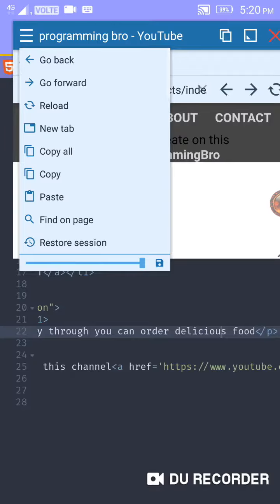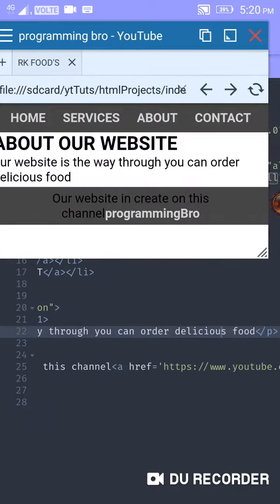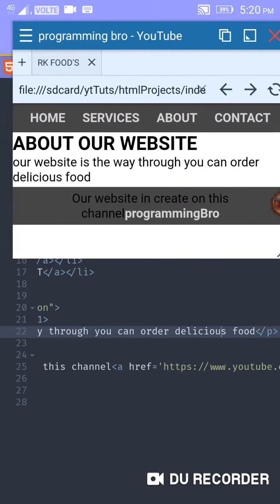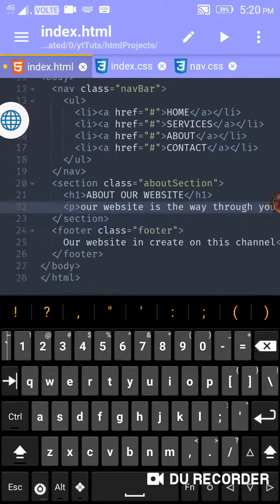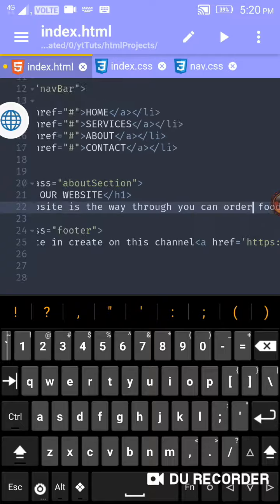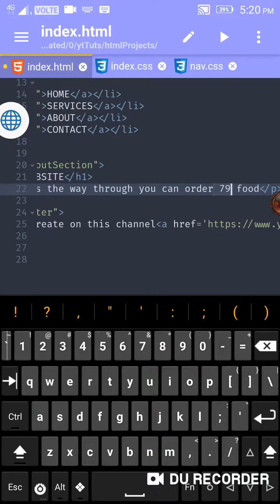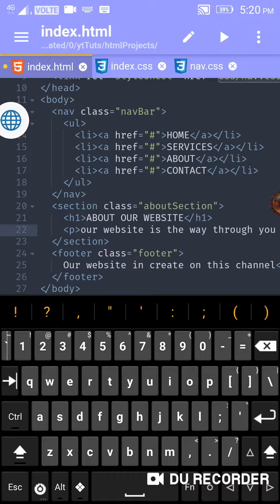I'm just going to reload this part. Yes, we have to make it like this. First of all, we have to make everything center here. So I'm going to add center. You can directly write the center tag here, but I'm going to use